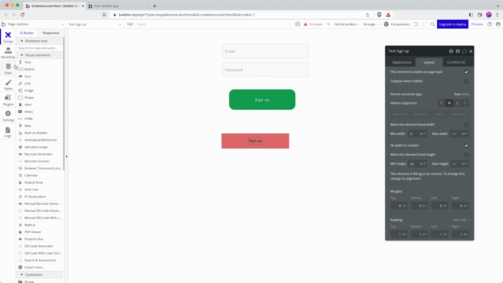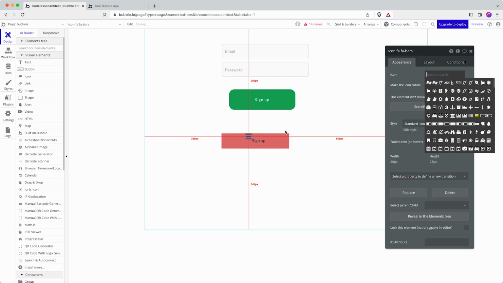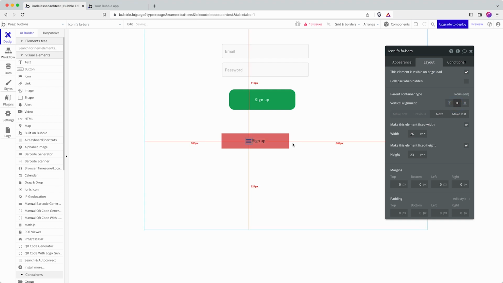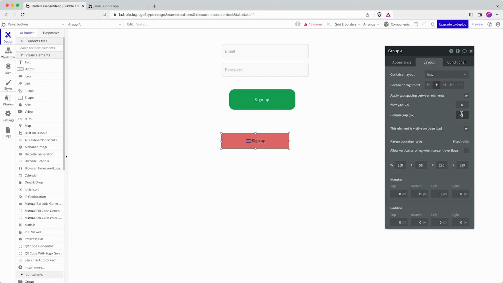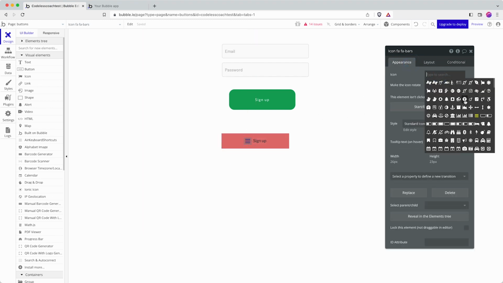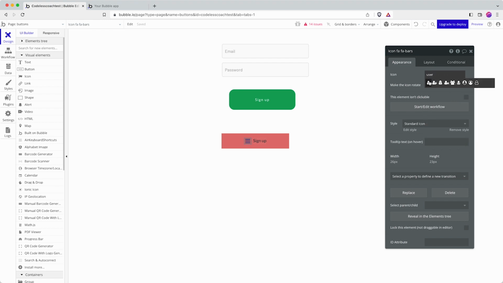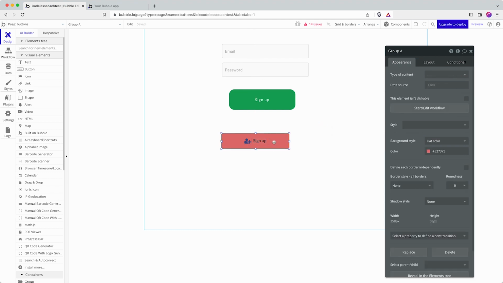And now let's add in my icon. And my icon I would vertically align, and I could even go here and put a bit of spacing in here and then change my icon to something a bit more appropriate. Just go with user. Okay, and then like I've demonstrated earlier in the video, you can apply all the same conditional statements